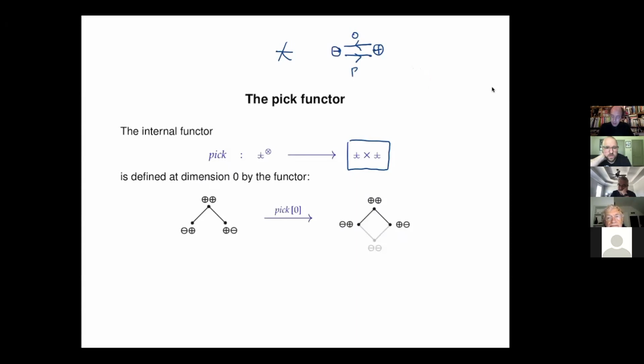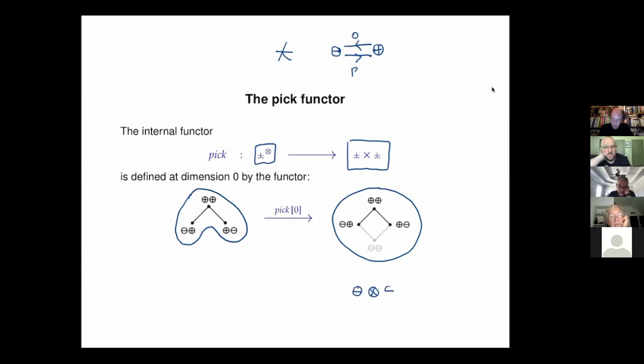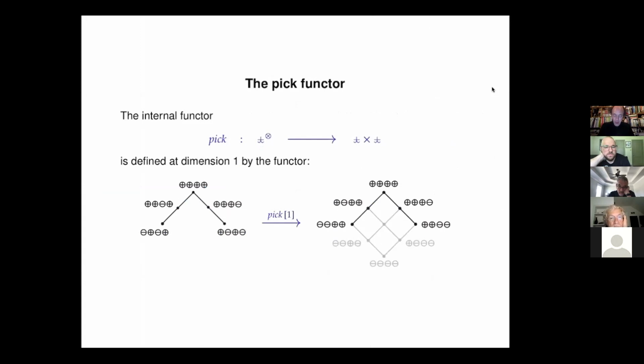So, but when we take the Cartesian product, this is what it looks like. And what this category does is pick the polarities which are allowed by the game semantics. So minus tensor minus is not allowed, so we should remove it. This is why I call this functor pick. It picks the good polarities, the situations which are allowed from a logical point of view. And so here, this is pick, but at level 1,